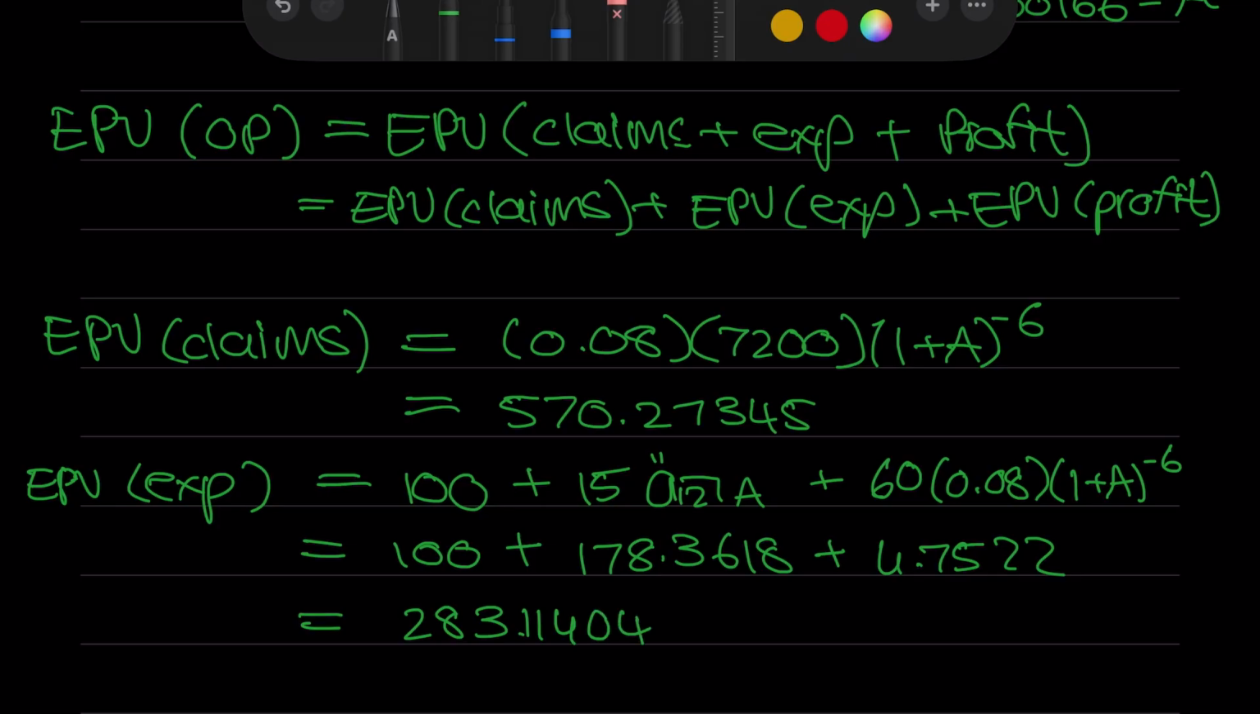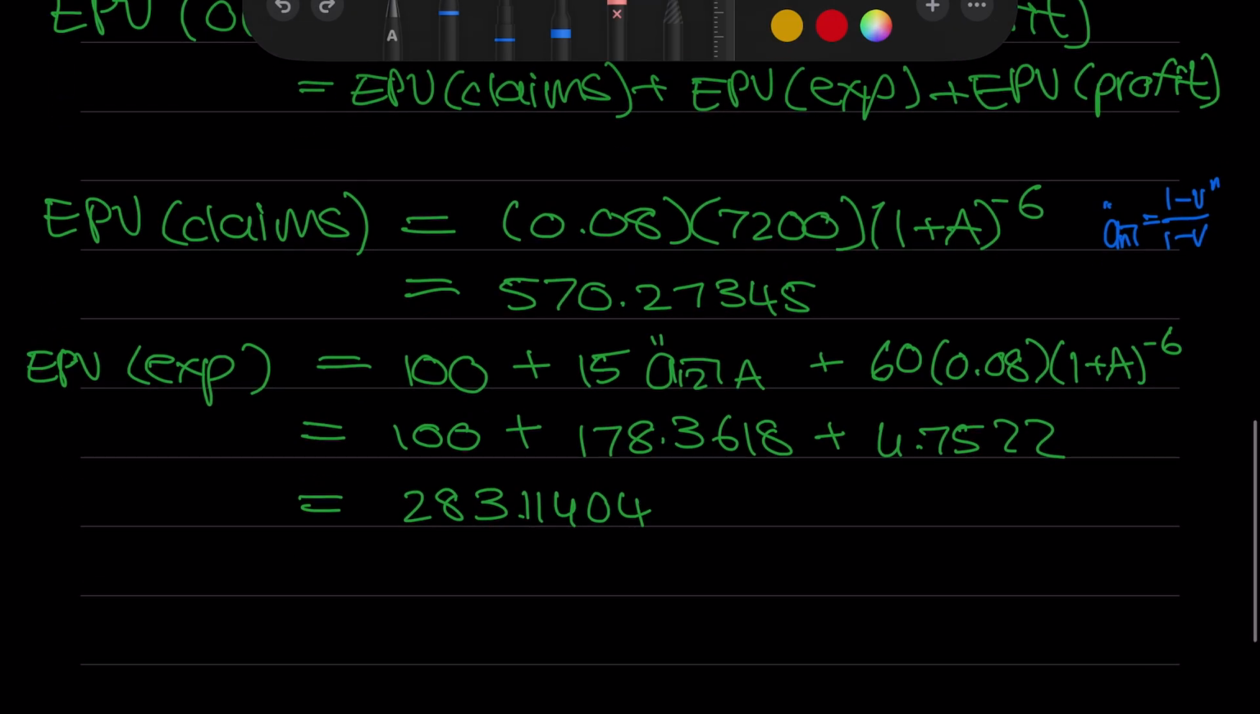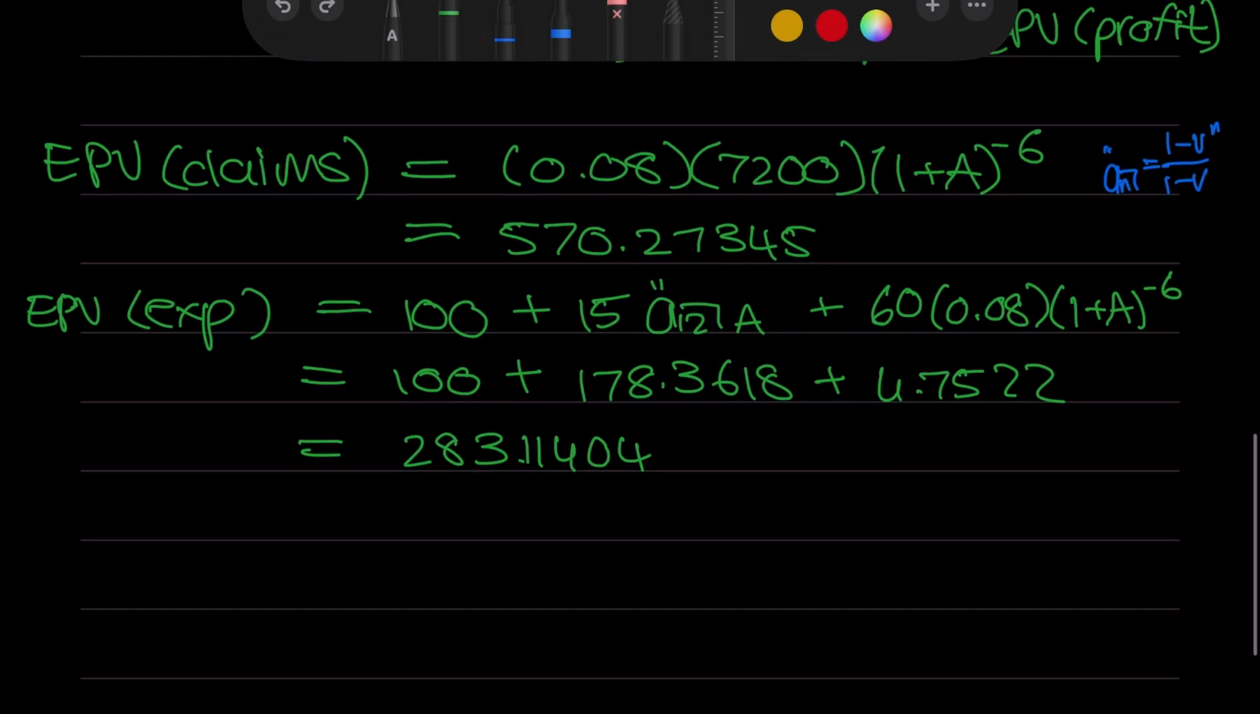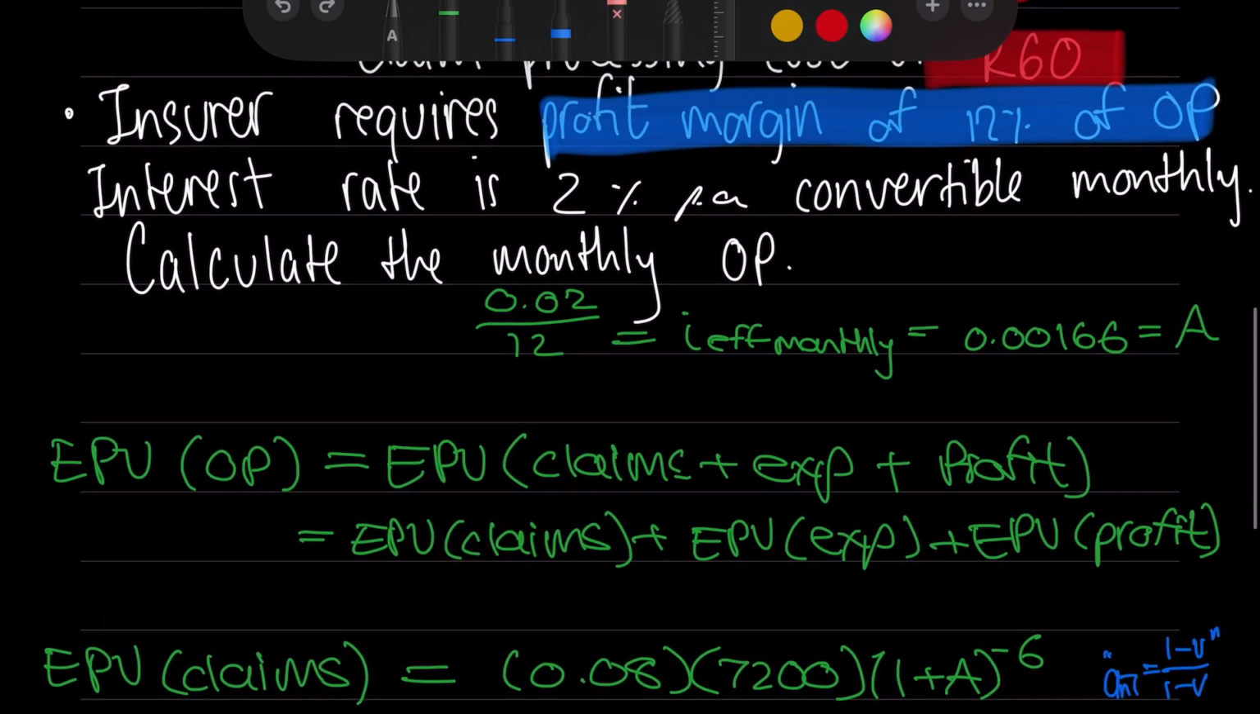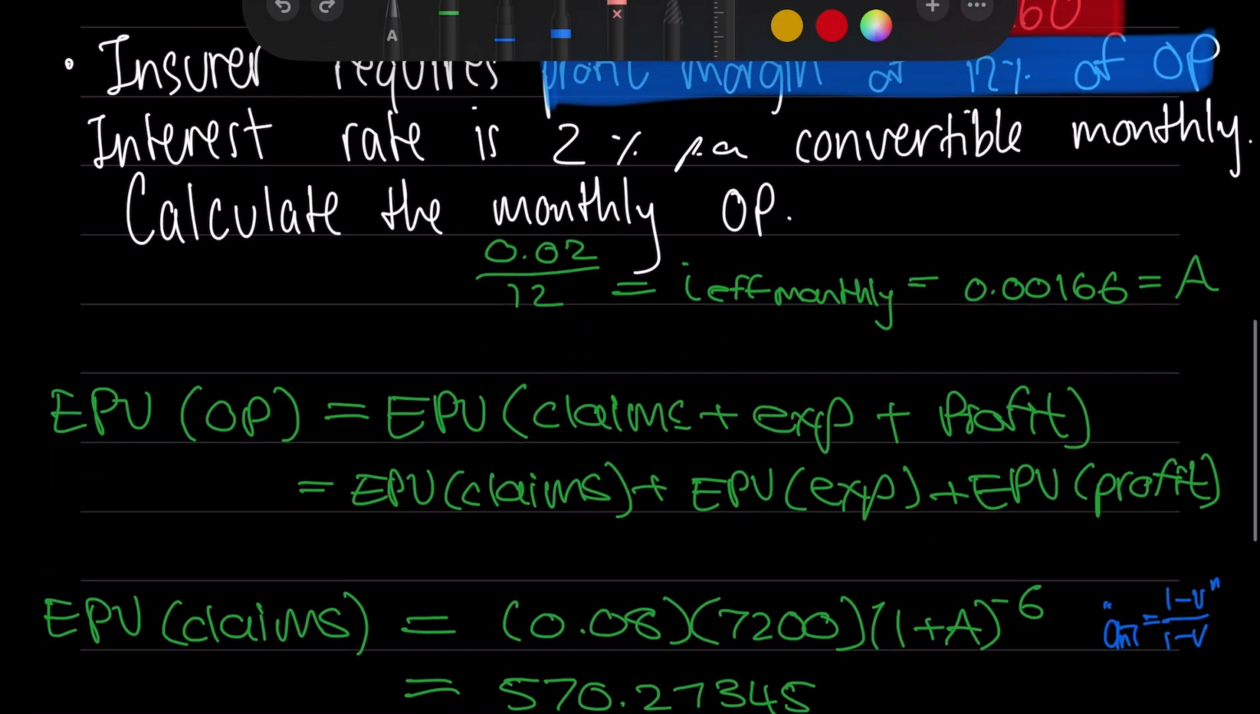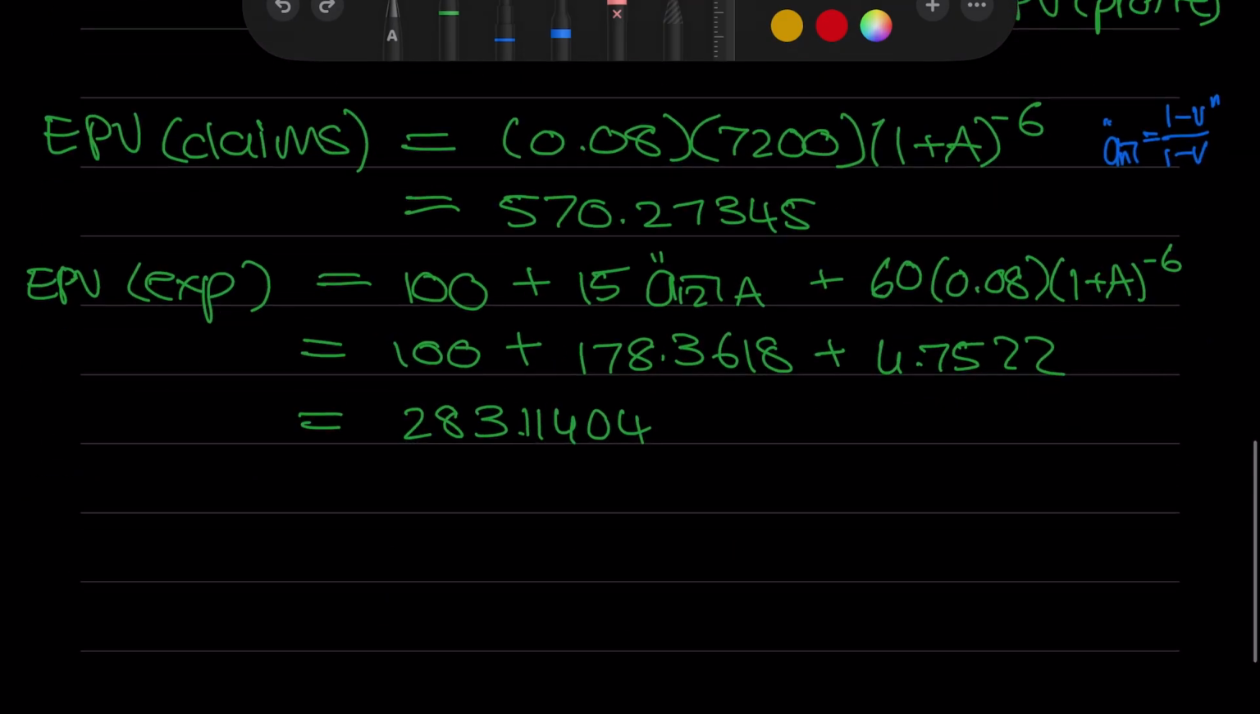So here I kind of skipped this step. All that we did here was substitute into this formula. Remember this formula? A1 minus V, right? So we just substituted the information into that formula. Now we've got the expected present value of our expenses. Now moving on to the expected present value of the profits,